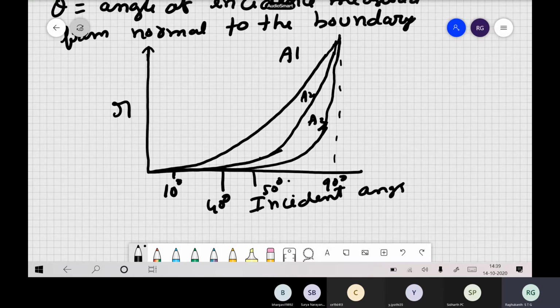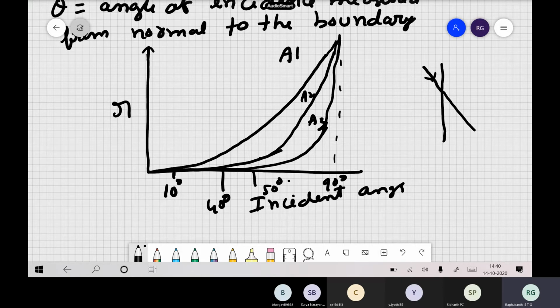Suppose you use the A1 boundary condition, that means in the Taylor series expansion you include only the first term. What it says is, if the wave is hitting at less than about 10 degrees like this, what will be the reflection? There is no difference in amplitude, no reflection. So what does it mean? This wave just passes through like this, which is the same as our infinite medium.